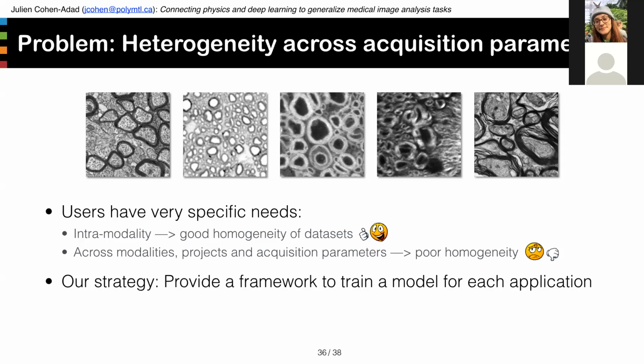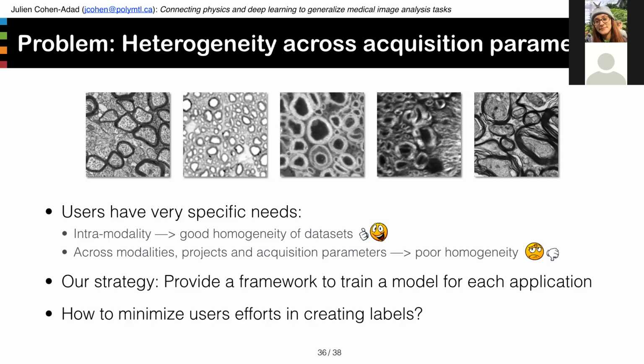is less ambitious than the strategy we had for MRI. We are not trying to generalize and find a model that fits all needs. We are basically trying instead to provide a framework so that users can easily train a new model for their application. And of course, the main question then is how to minimize the user's efforts in creating those labels, those ground